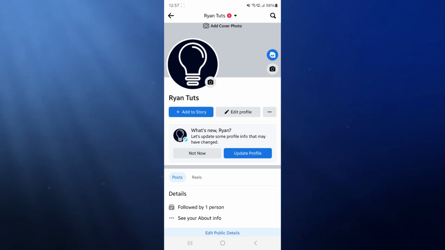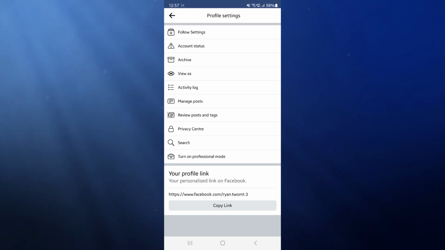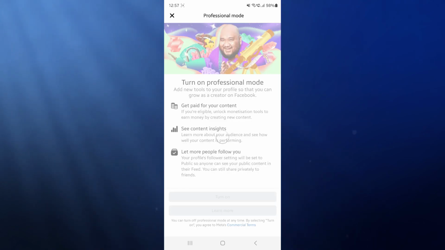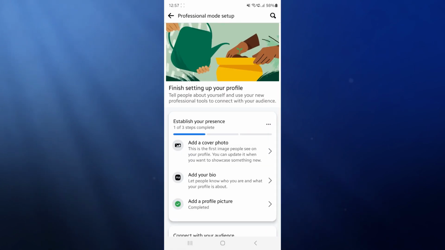click on the three dots right next to edit profile, and then once you click on this you will see the option for turn on professional mode. So click on turn on professional mode, then click on turn on again to confirm this, and then what you will need to do now is just wait a couple of seconds while it converts your